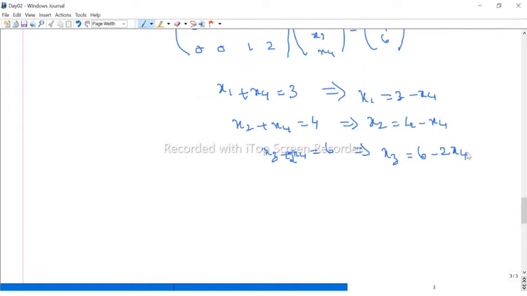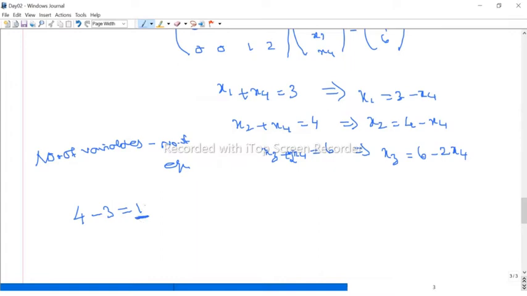We can choose x4 to be any value. There is no other condition on x4. Therefore x4 is the free variable. So how do we find the free variables? The number of free variables is nothing but the number of variables or unknowns in the given equations minus the number of equations. Here there are 4 variables, x1, x2, x3, x4, and the number of equations is 3. Therefore, 4 minus 3 is 1. So we have to take one variable as a free variable.